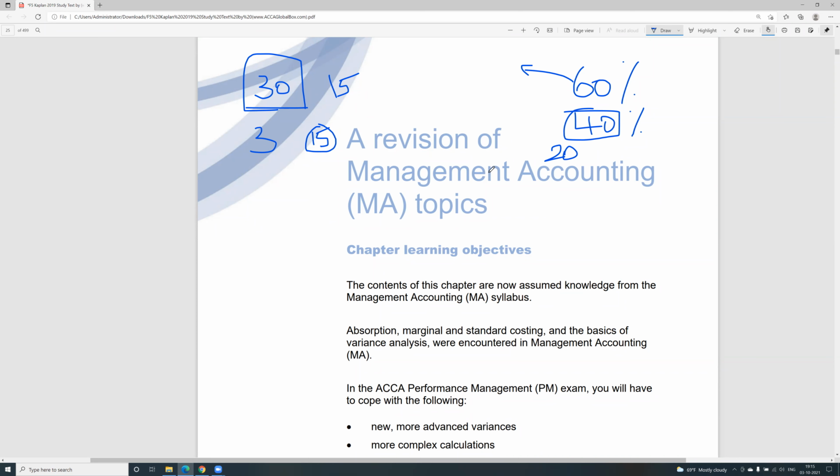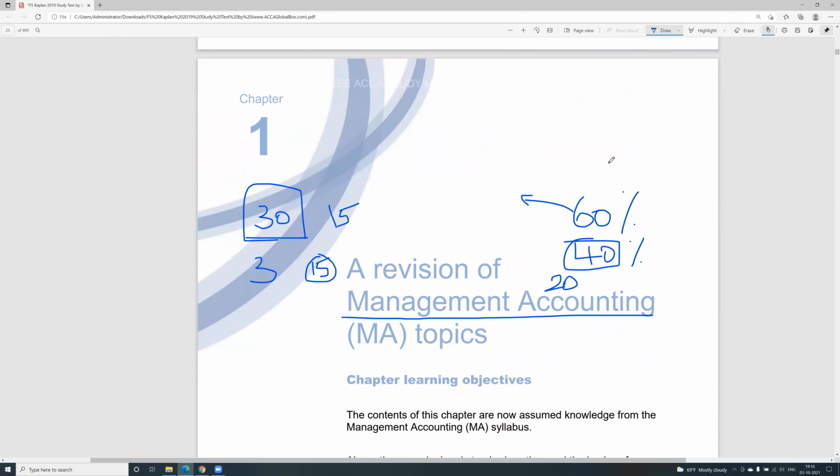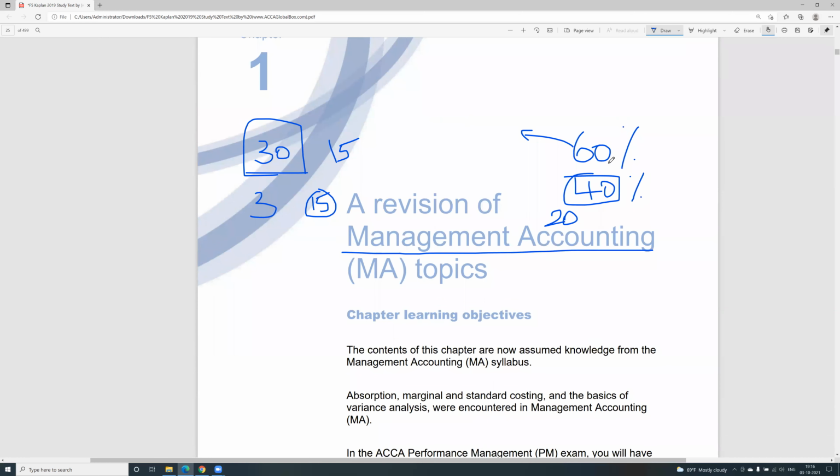Now, the point here is, what I have seen is maximum students face difficulties in performance management because they do not have a strong base in management accounting. In fact, if we just go through the first content of this book, it starts with revision of management accounting topics. And if you have given your examination of management accounting recently, then this paper is the first paper which you need to go through and finish at the earliest. Understand this. We'll be going through the content and also require you to revise it on a regular basis so that you are on par.